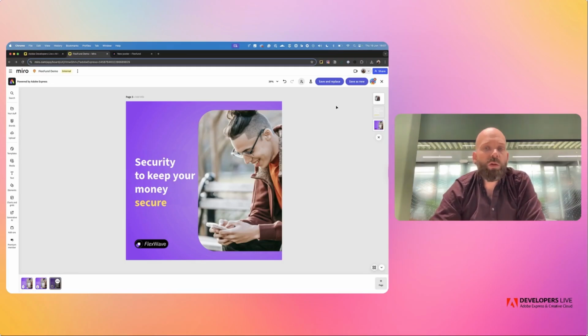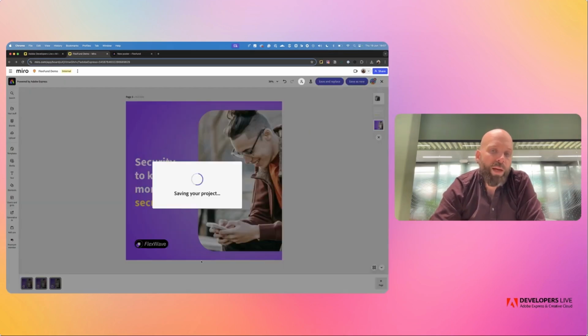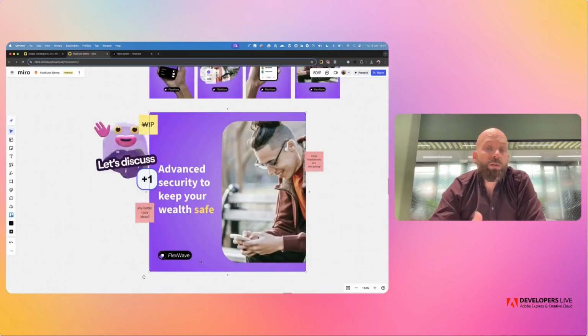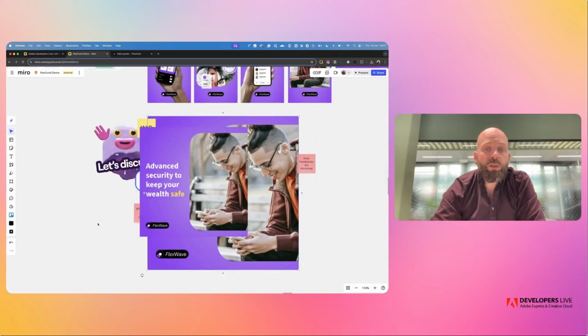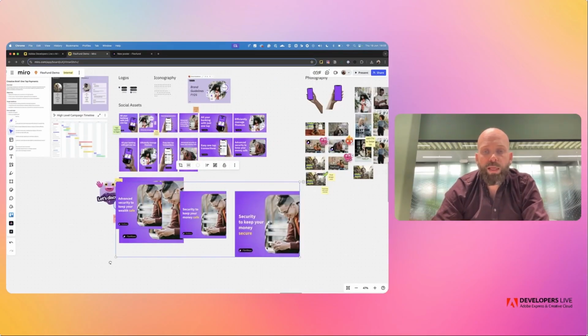So I could choose a few things in this case. Instead of replacing the image that was on the canvas, because that has feedback, that has people looking at it, and maybe we want to go back to that in the future, I can save as new. And then all I have to do is tick all pages and bring that back to the canvas. So again, it's simply exporting the images and speeding up the time that it would take you